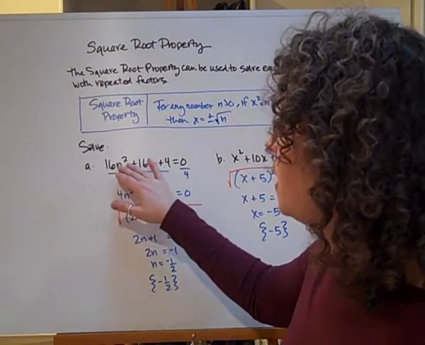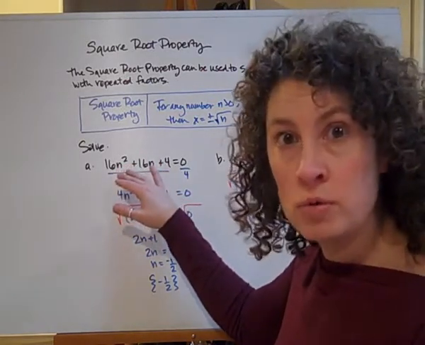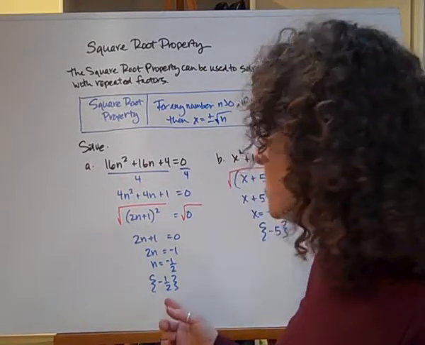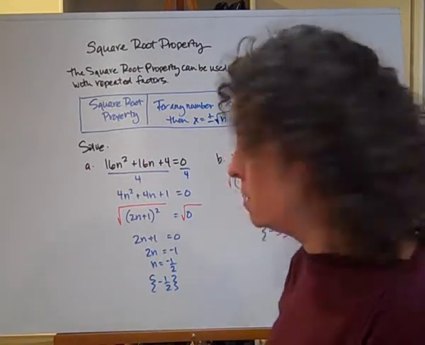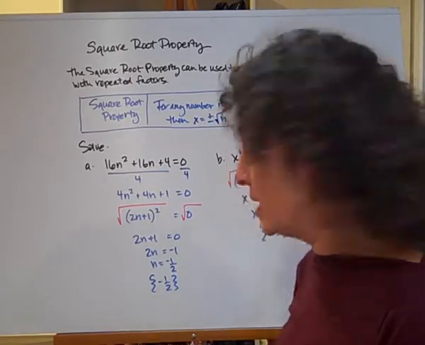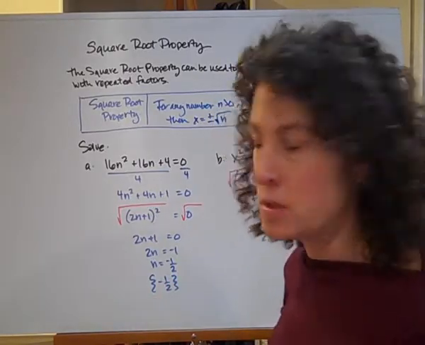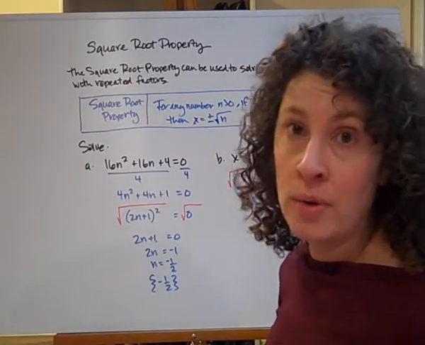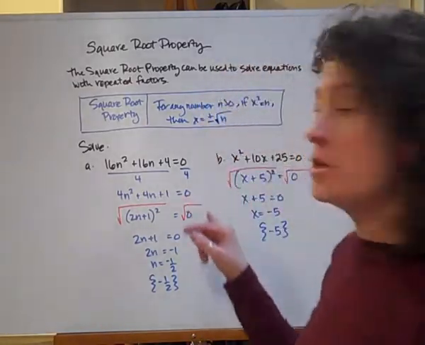Even though we've talked about how this has a degree of 2 and there are at most 2 possible solutions, technically there are 2 solutions to this, but there's only one explicit solution. It's the same thing twice, so I only have to list it once in this case. Because remember, we may have 2 solutions, we may have 1, and we may not have any solutions. All right, let's try another one.